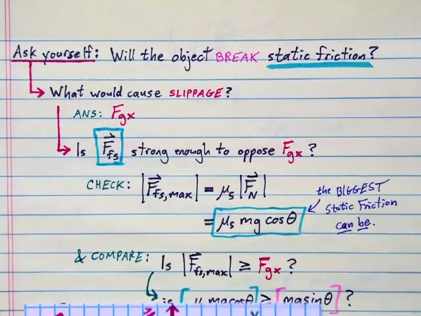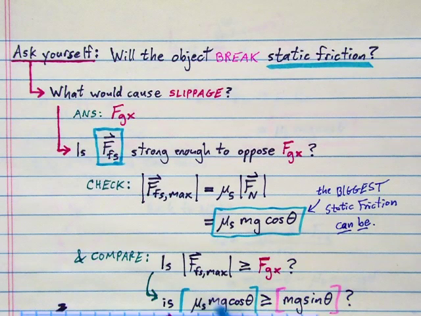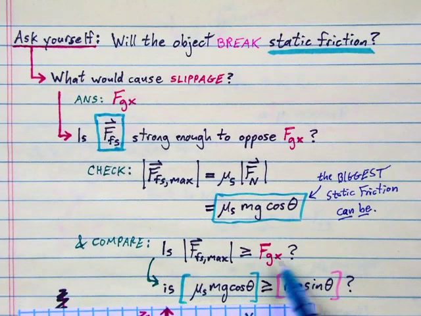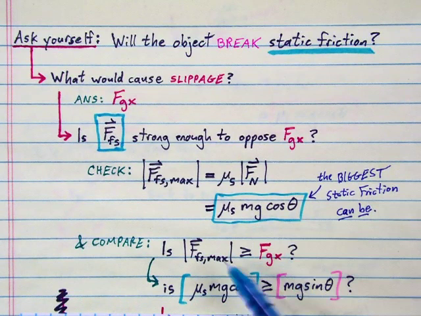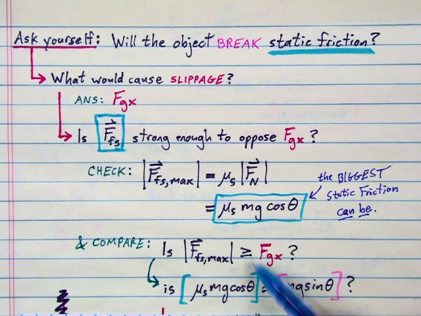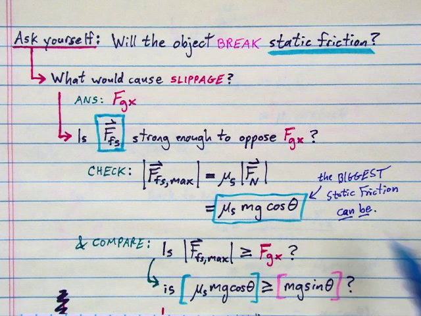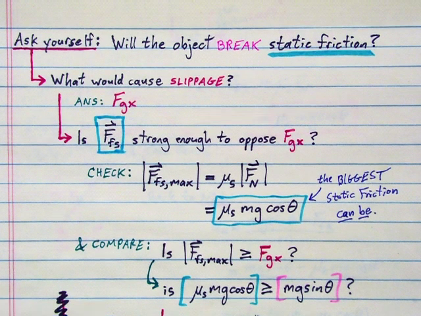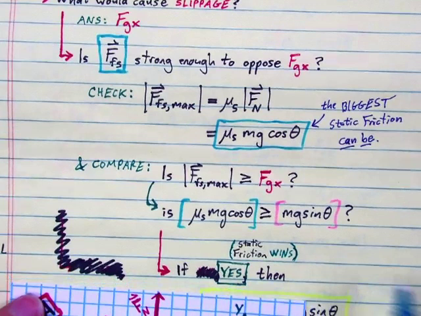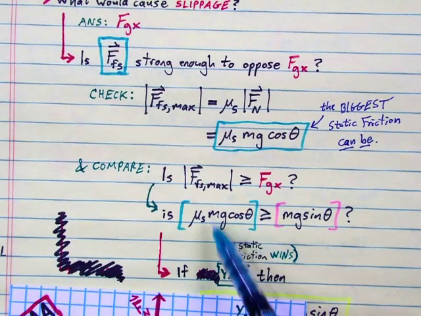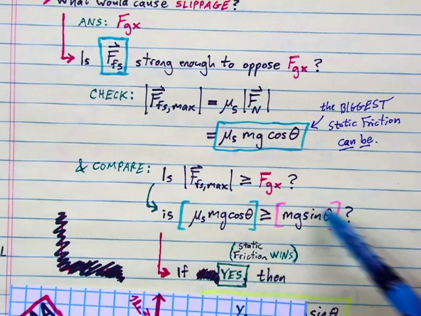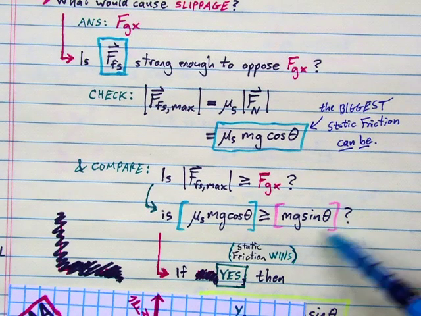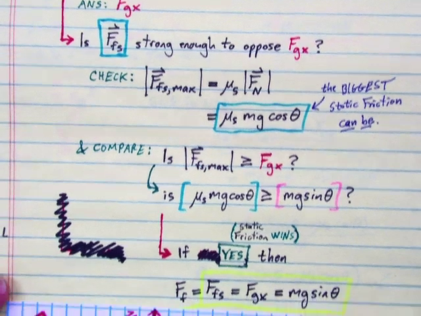But then we must compare that to how big the x component of gravity actually is to see if friction is able to beat out that force of gravity that's trying to cause the slippage. So we need to compare this expression to this. If you had numerical values, you would calculate this and this, compare the two, and if the answer was yes, static friction wins, the max force of static friction is greater than that x component of gravity, then we know that